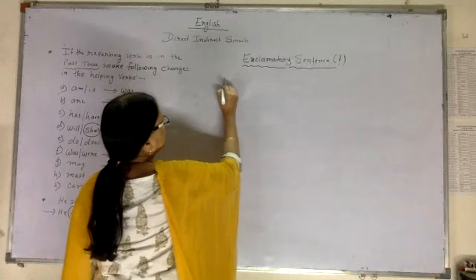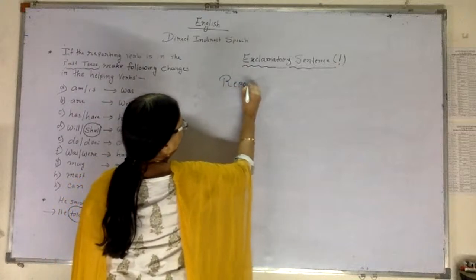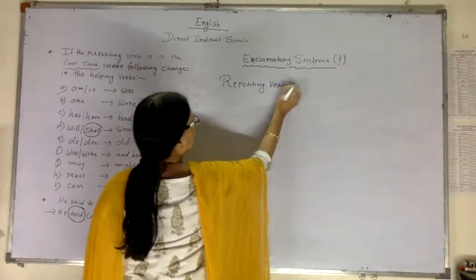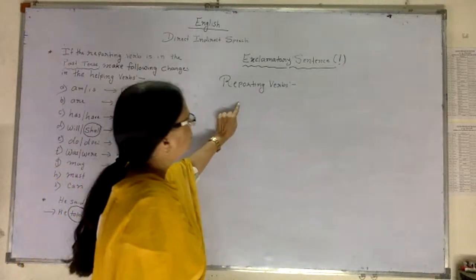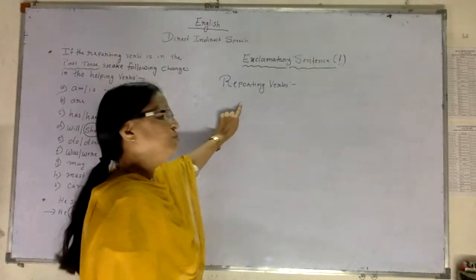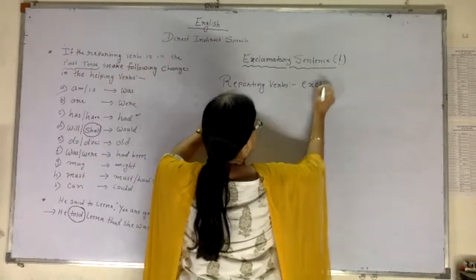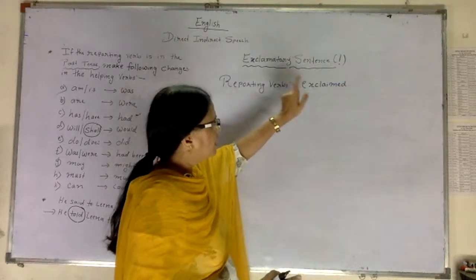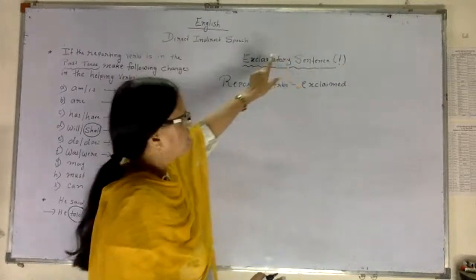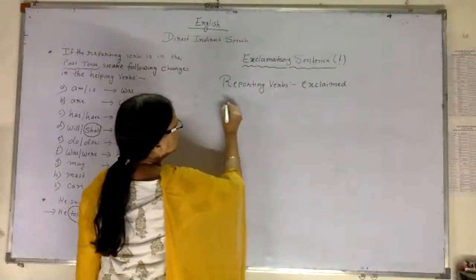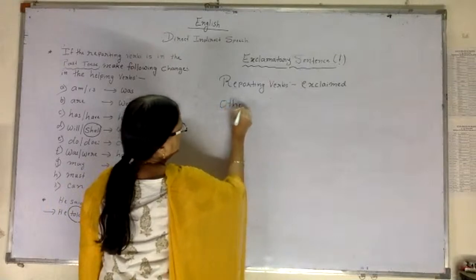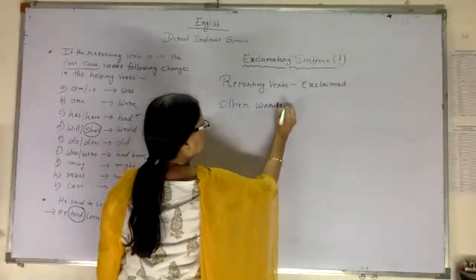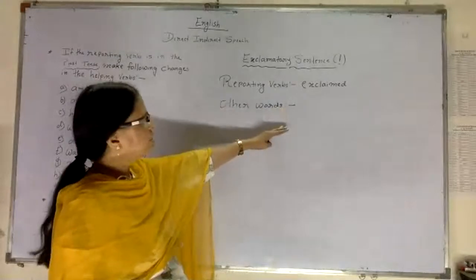Now here, when we are changing the reporting verb, because there are different types of feelings and emotions. In interrogative, we have used only ask because it is asking the question. You can also use inquire, but in the exclamatory, the reporting verb we will always use as exclaim. Exclaim will tell that this is the exclamatory sentence. Okay. Now we will do with the other words. Because, as I said, there are different emotions and different expressions, and that has to be shown.